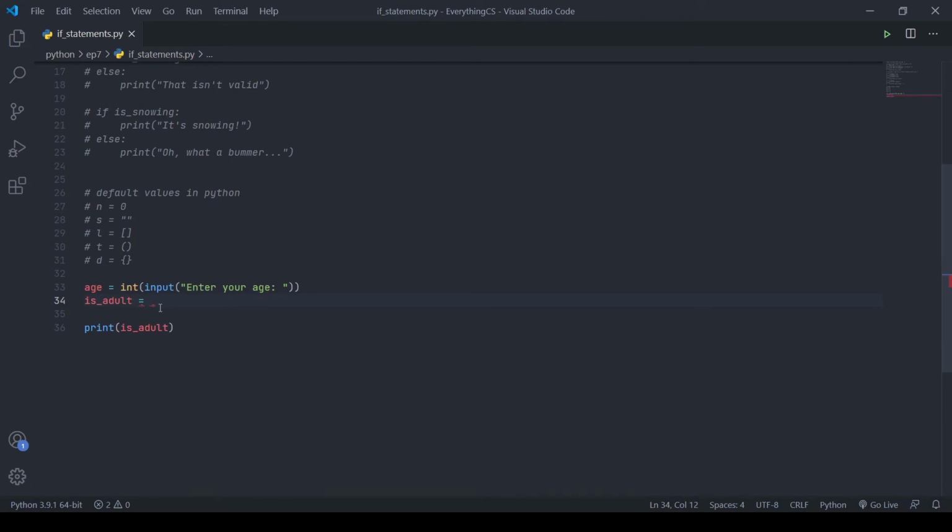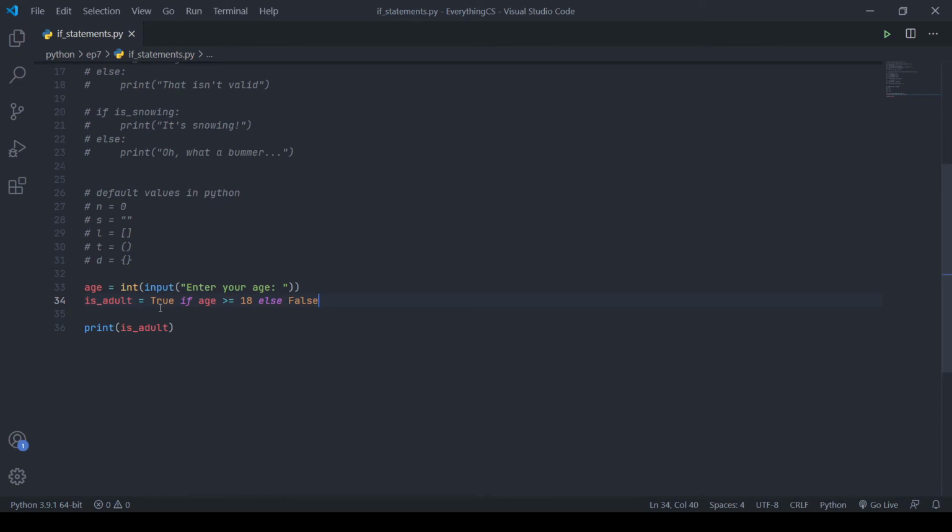Now, if I want to make all of that into one line, which I can, and this is going to be more idiomatic, I would actually put the value that I want first. So I could put true, and then the condition that it's going to want to be true for. So I want to set it to true if age is greater than or equal to 18. So that has our first condition, and this is the only instance where you will need an else statement. And then I can put else and then put the value that I want it to be